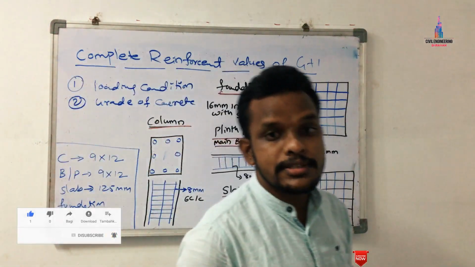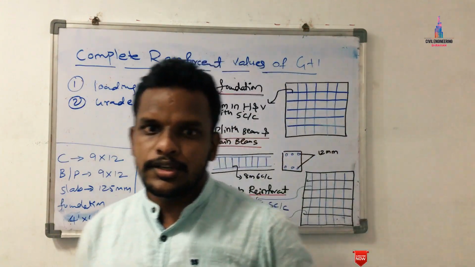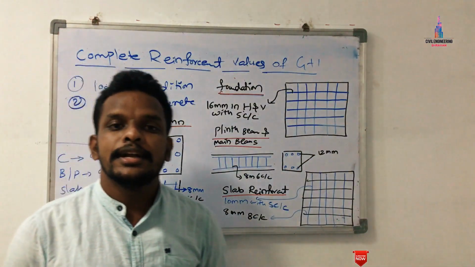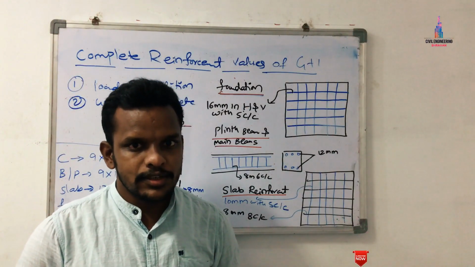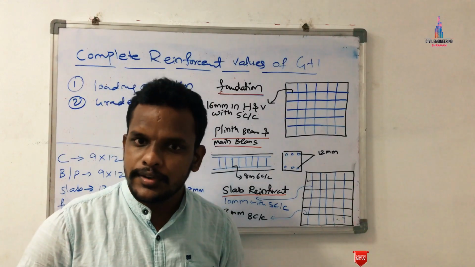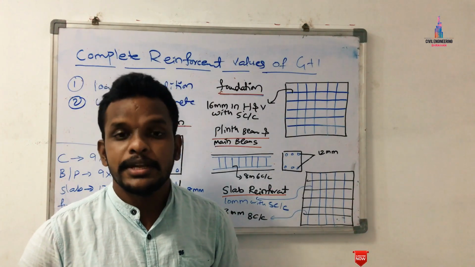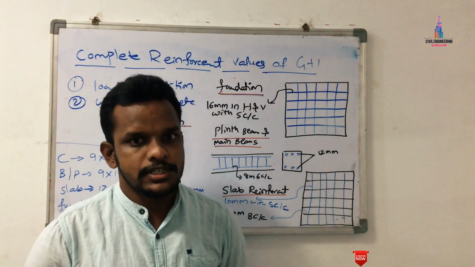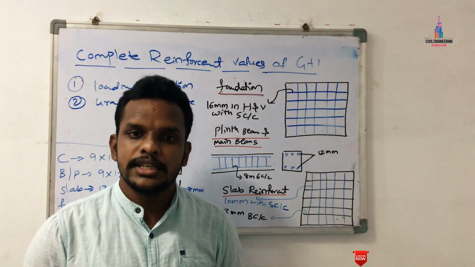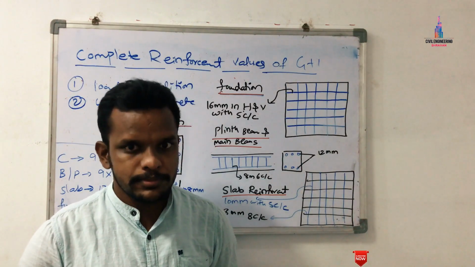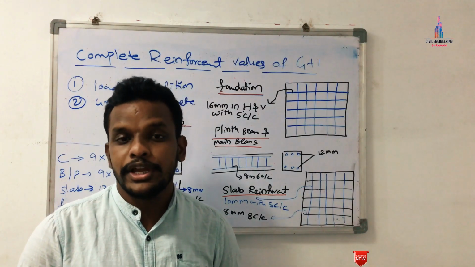For example, if you construct a building, such as a ground story model, a G+1 building model, or a G+2 building model, basically we will consider the load cases related to the gravity direction as well as lateral load cases, which come under dead loading, live loading, seismic loading, or wind loading, depending upon your respective code provisions. If you increase the intensity of the loading, we have to provide additional reinforcement values. This is the first factor we need to consider before designing any kind of structure.